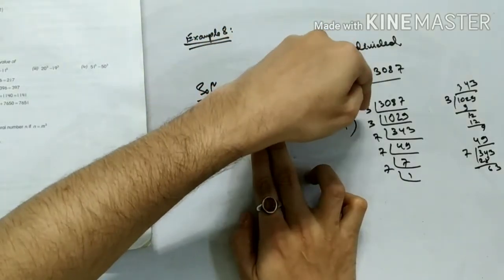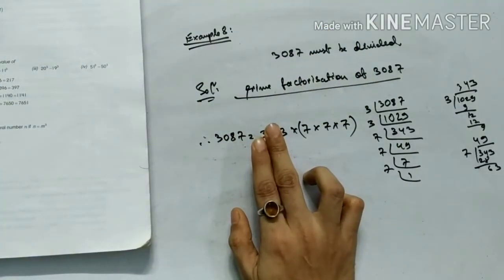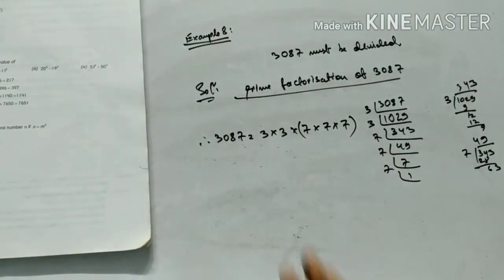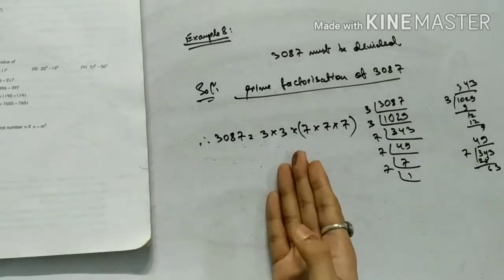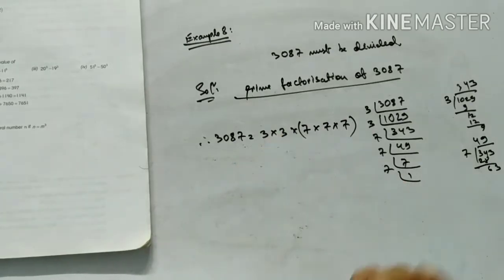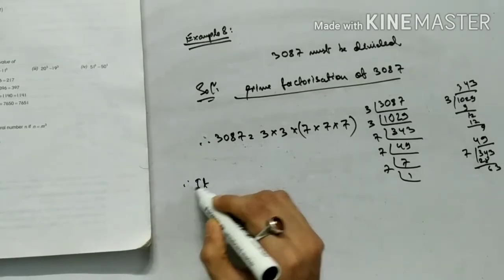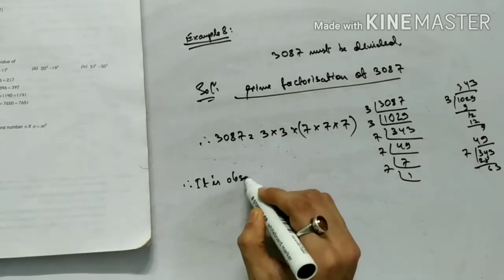Yes, then I will get 7 cube, which will become a perfect cube. Understand? So from this, what is the smallest number that I will have to divide 3087? The smallest number will be 3 into 3, that is 9. Understand? So therefore we can write it is observed